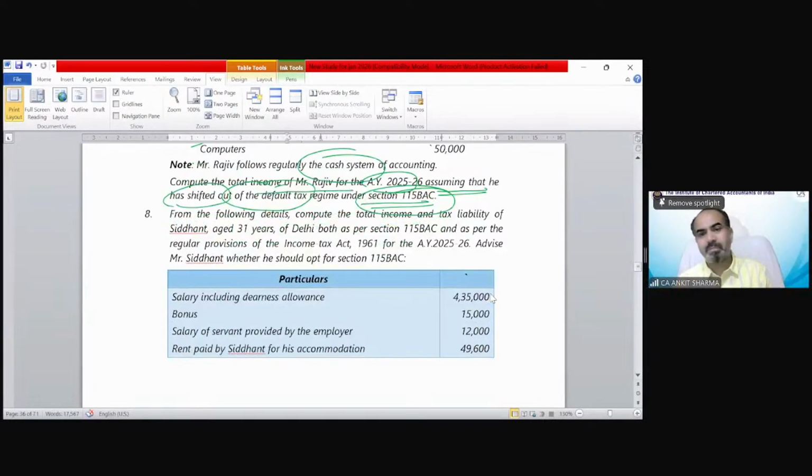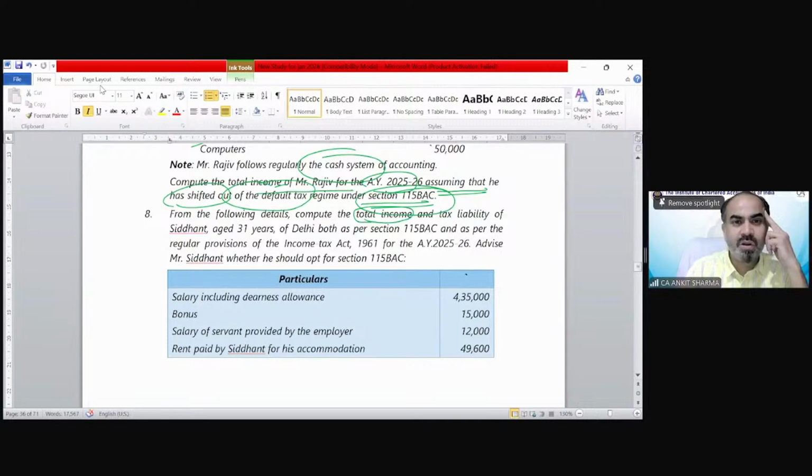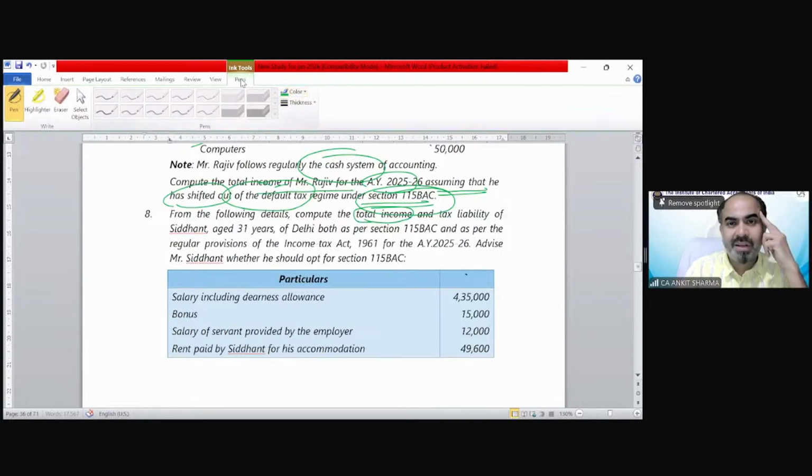Now you can see question number 8. It is a question for calculation of your total income and tax. And the major part of this belongs to your salary income. Okay, let's see how to solve this kind of question. Now, understanding is like this. Look: from the following details, compute the total income. So what the question is asking us is to calculate the total income and tax liability